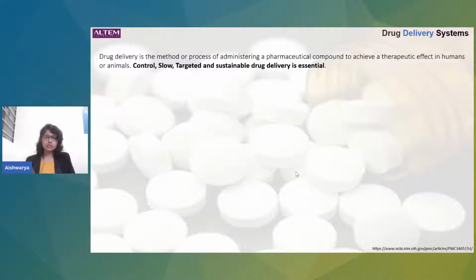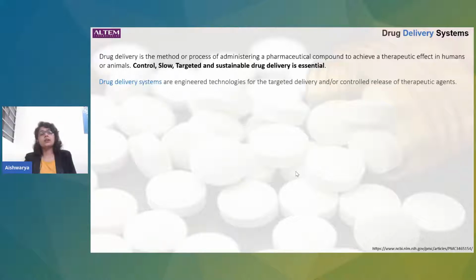And when you talk about drug delivery systems or any form of drug delivery, we need to know that drug release is basically it coming to action, or transporting or breaking through its encapsulated layers in a more controlled, slow, and targeted manner. And obviously, sustainable release is another main point that you need to consider. So, drug delivery systems obviously is an engineered technology for targeted delivery and for the controlled release of